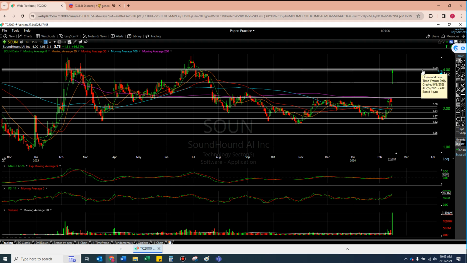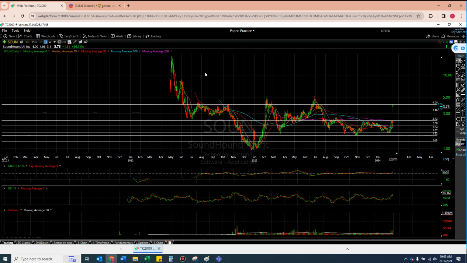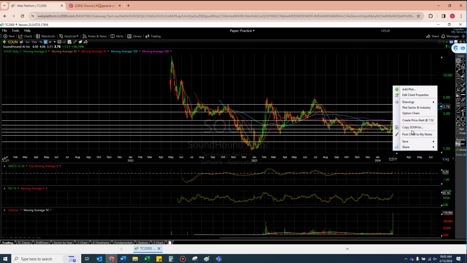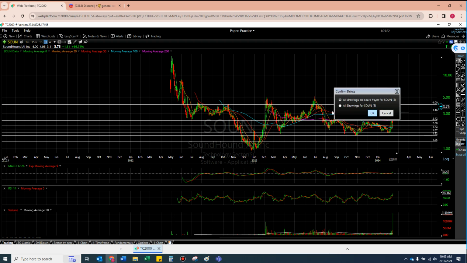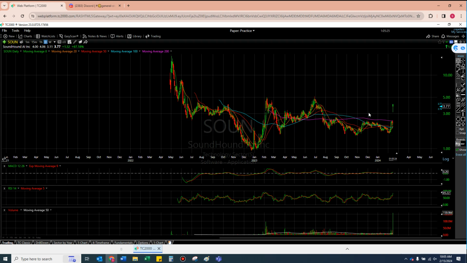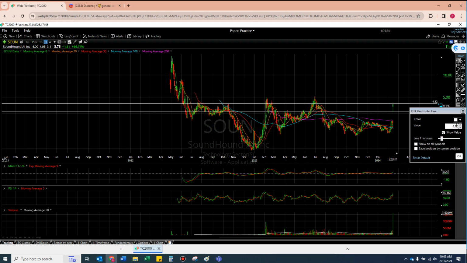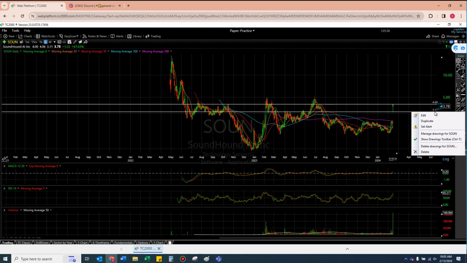If this breaks 4, I don't even have a line above that. I guess I would draw a line. I've got to zoom in right here. Let me delete some lines. You know what? Let me delete all these lines. I don't think we need this many here. Let's delete all 8. 316 and 4 were probably the ones I wanted to keep, so I'm going to redraw those real quick. Nice, 317. Let's take this to a flat 4. Good, okay. And then that was 316.